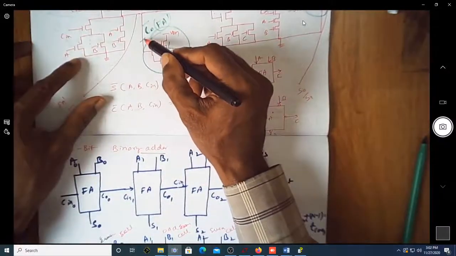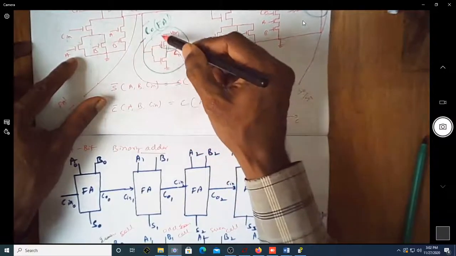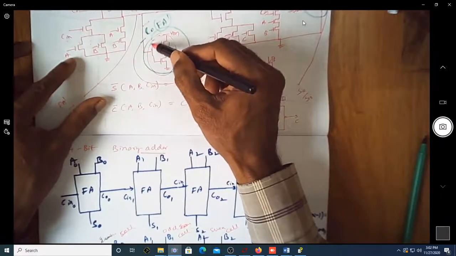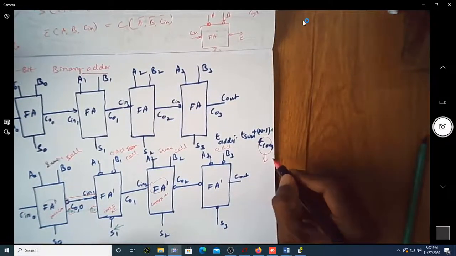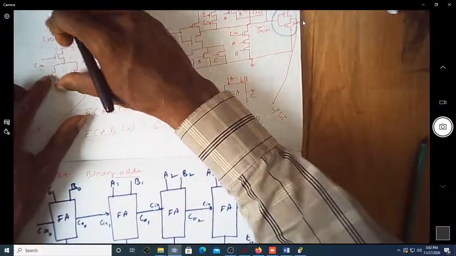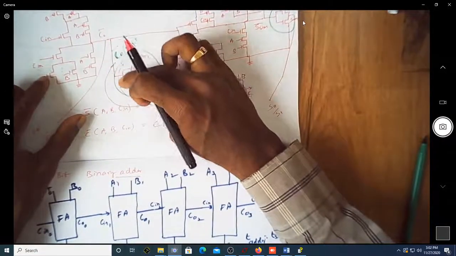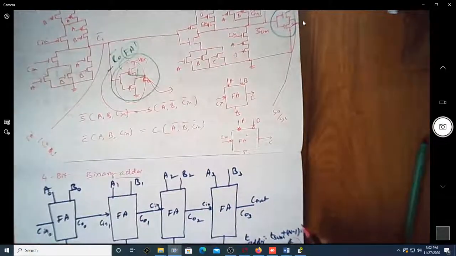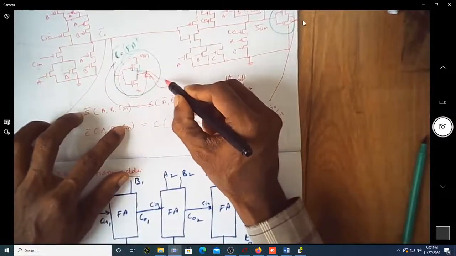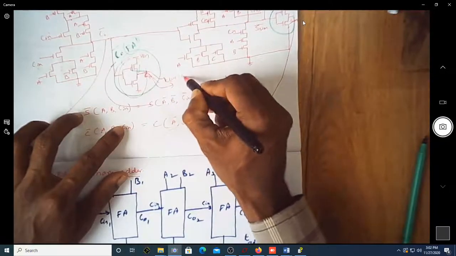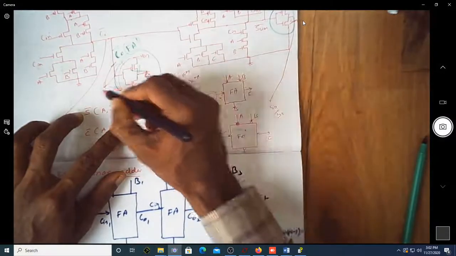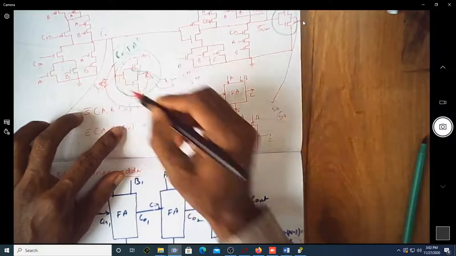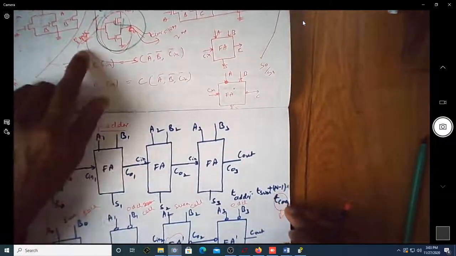So suppose you are taking the output from this point instead of from here. Are you actually saving the delay of one inverter? Are you actually reducing the T carry, because T carry is the time taken by this to give output voltage here? Suppose you eliminate this, are you not saving? Assume that the T carry time is something like 10 nanosecond, and this is contributing 2 nanosecond. If you take the output here instead of here, are you actually getting 8 nanosecond? Are you not saving 2 nanosecond for 1 T carry?